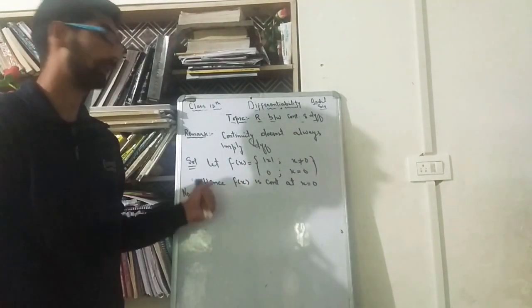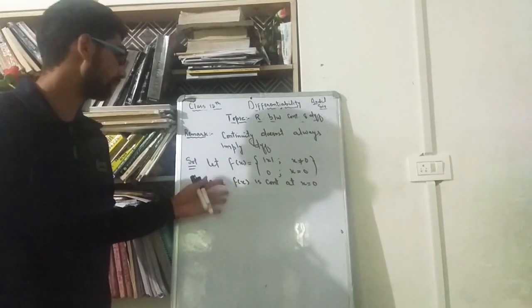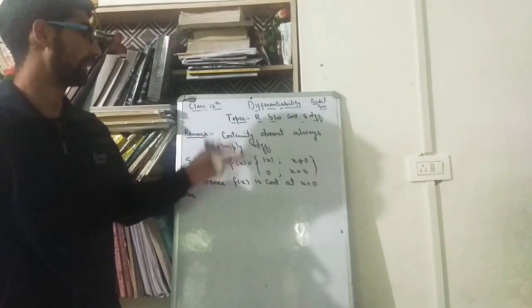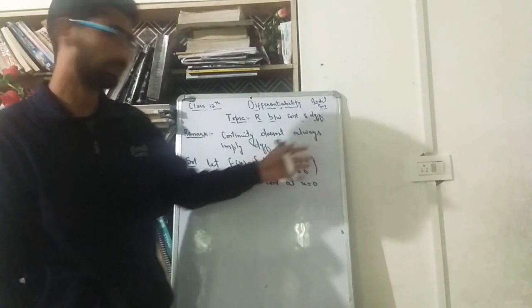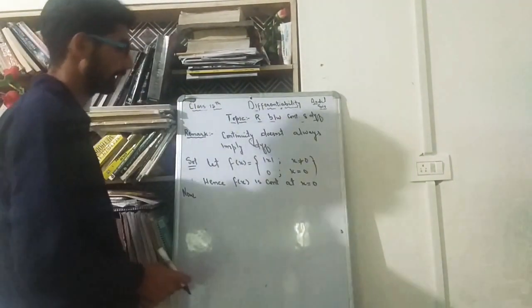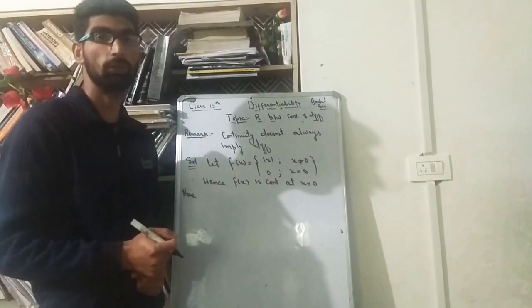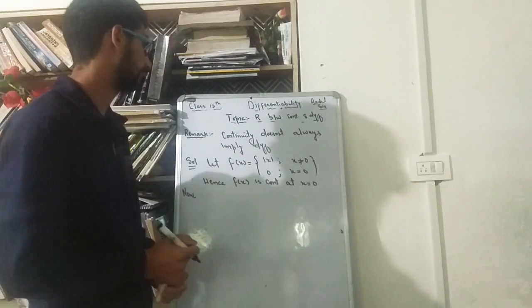We will check whether it is differentiable or not. If it is not differentiable, then we can give this example as our counter example that continuity does not always imply differentiability. So here, for the differentiability of a function at point a, we must have left hand derivative equal to right hand derivative,